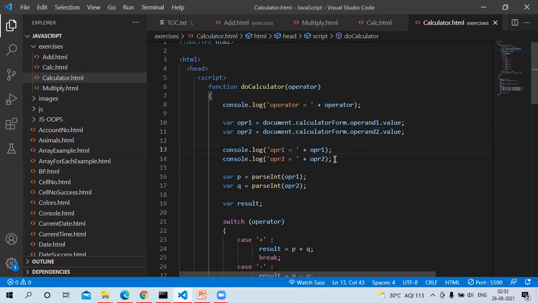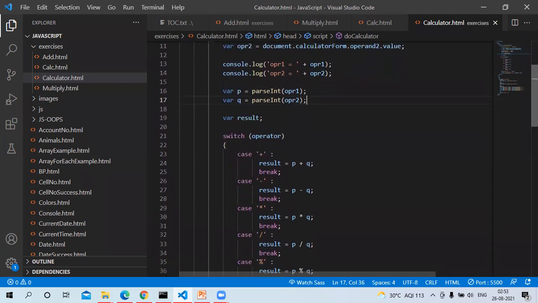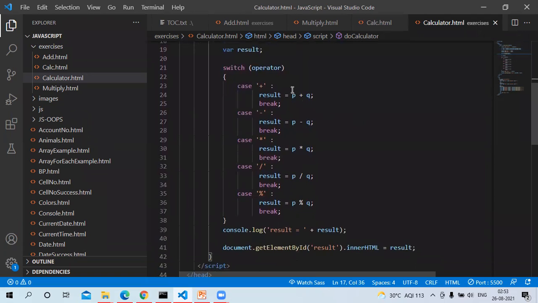And then the values of OPR1 and OPR2 are displayed on the console. And then the values of OPR1 and OPR2 are converted into integers by using the JavaScript function called parseInt.